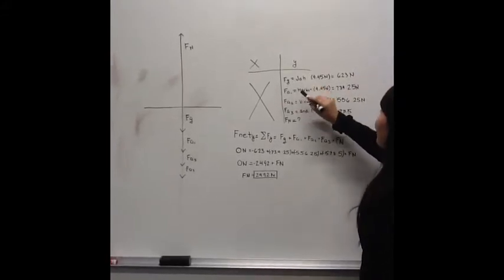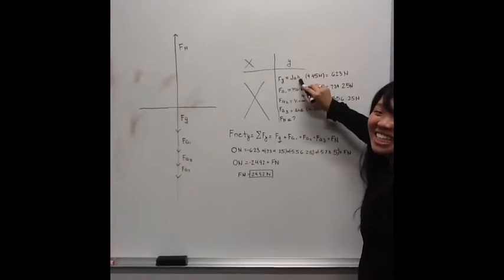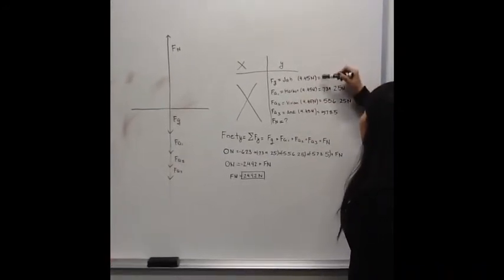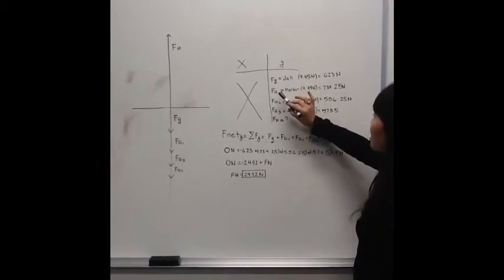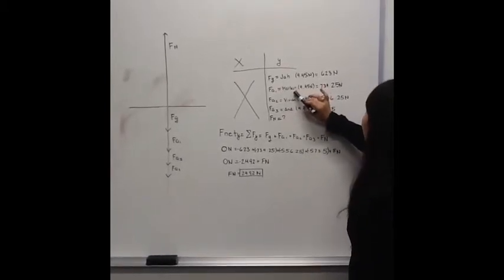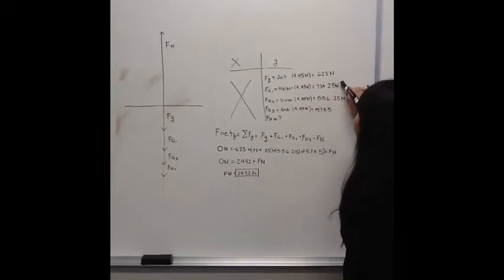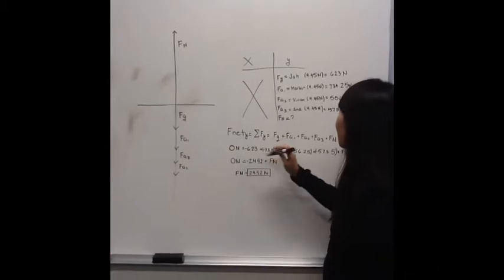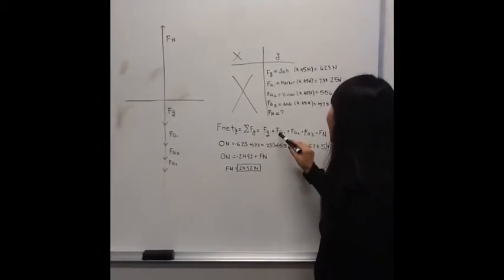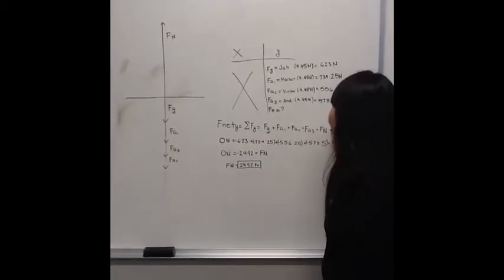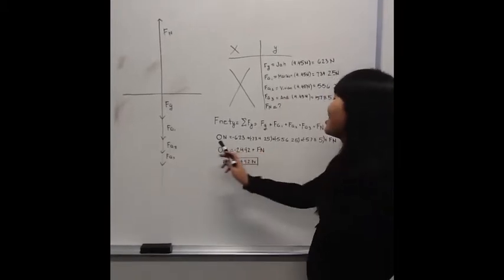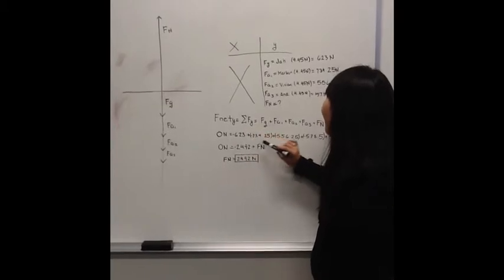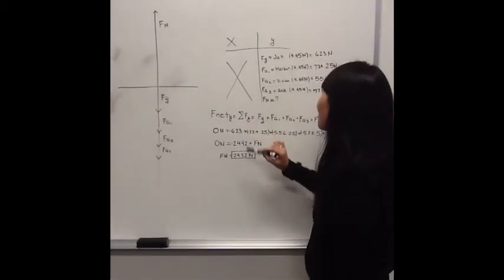So for the gravity, you have Jalex with his weight times 4.45 newtons, and then you get 623 newtons. And then we followed suit with everybody else's weight times 4.45. And then to find the net force of all of them, you add the force of gravity and the 3 applied forces and the normal force. You set that all equal to 0, and then you add all the numbers, which is -623 plus